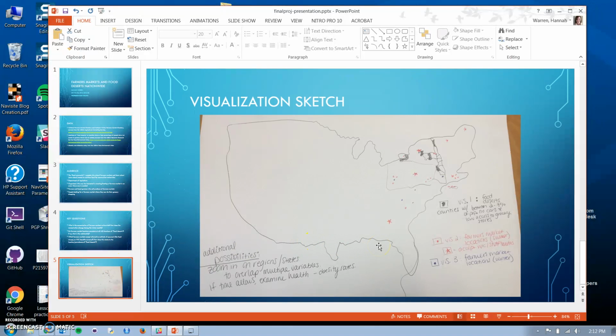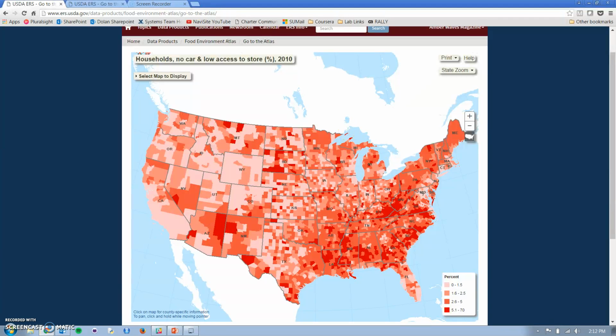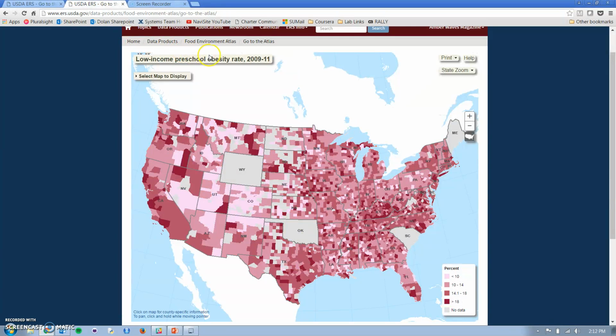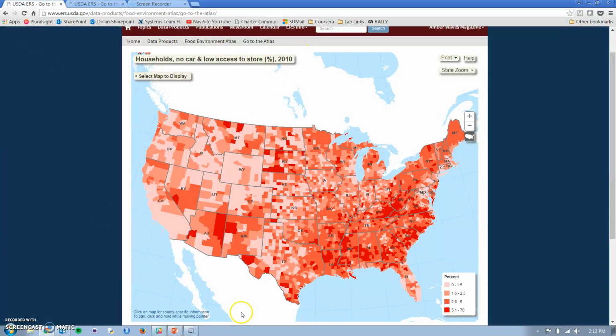So that's my project, and then in addition, if I can add more information or figure out a good way to visualize health information on top of or potentially in a separate visualization, I might take a look at obesity rates. There's also some data on preschool pre-diabetic diagnosis, I think. Take a quick look. Low-income preschool obesity rate. So that might be another data point to add. It's interesting that some states don't collect this information and some counties don't. So it might be a little bit more useful, might not be so great. I'll have to play around with it and see what's the best way to go about that. But that is my